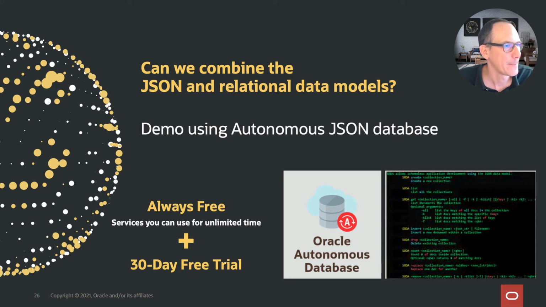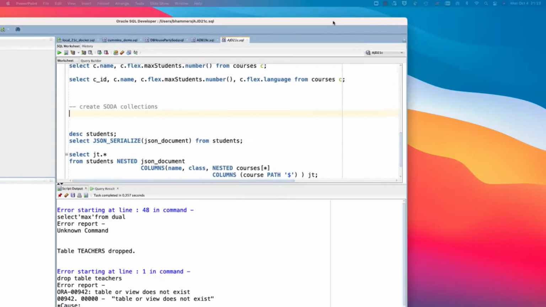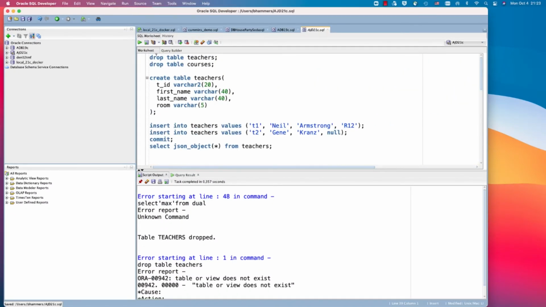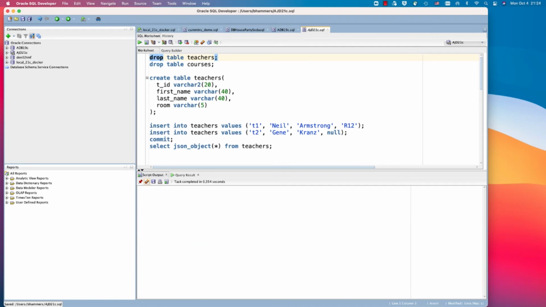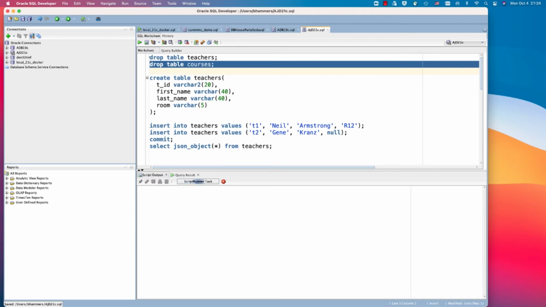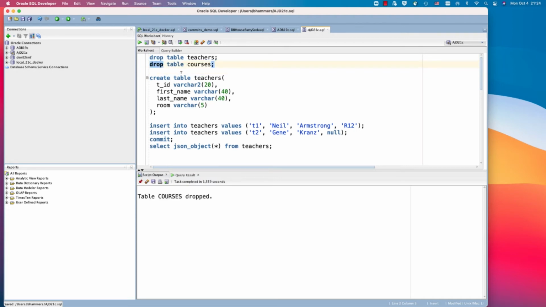And with this, we are going to use some SQL here, and I am connecting to an autonomous cloud database here. So it's a 21C, always free tier, and you could get the same. And what I'm showing is not this example with products and items and movies. Instead, I have something maybe even simpler, which is a school. So we have teachers and students and courses, and there are end-to-end relationships between all of these.